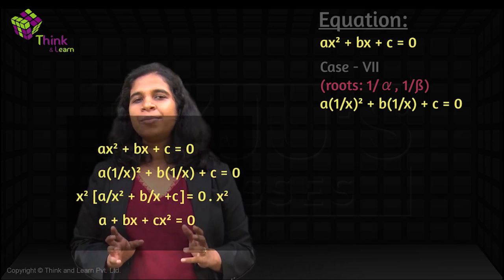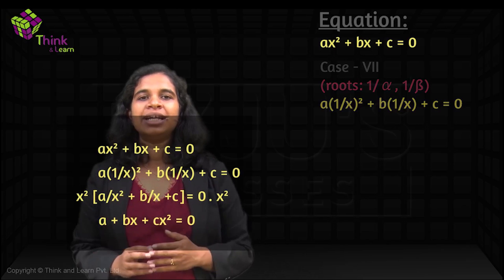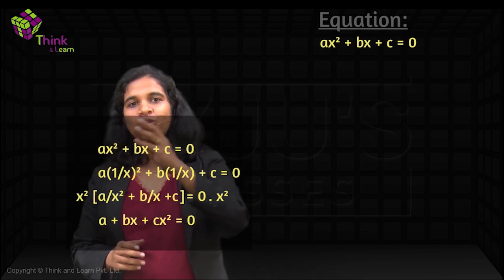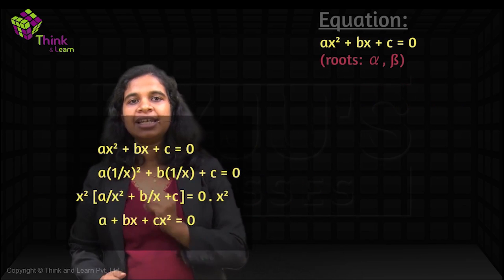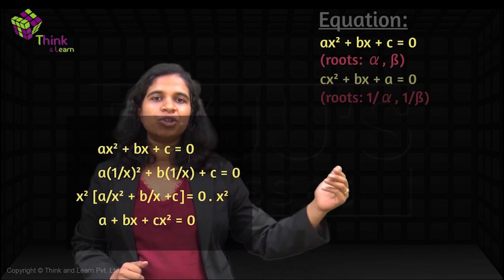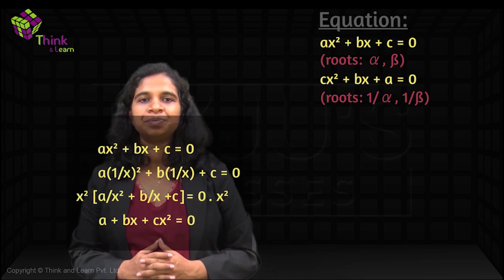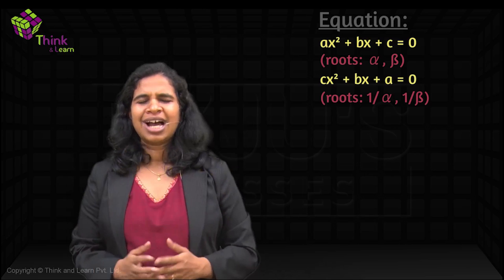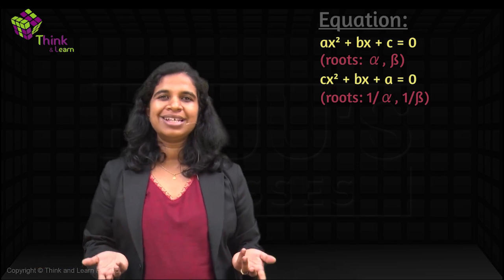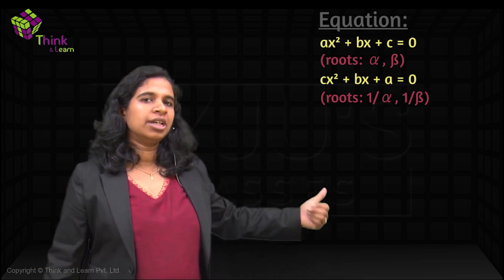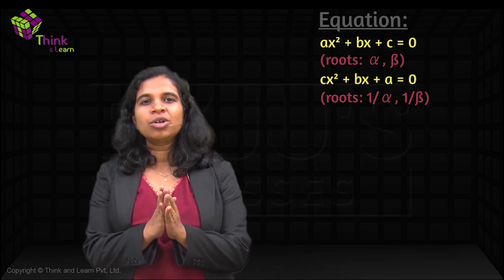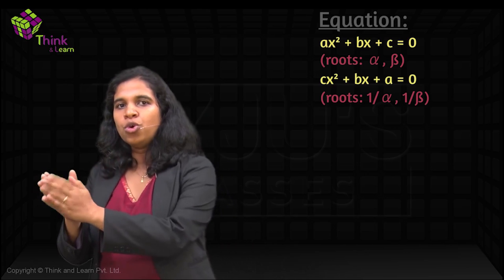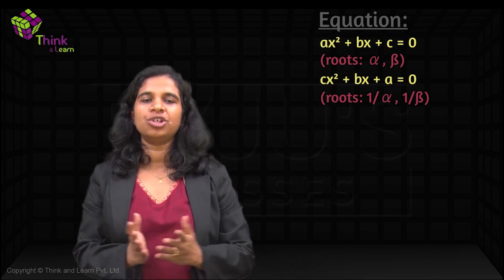So what is actually happening? The values of a and c are interchanged, right? So if ax squared plus bx plus c has the roots alpha and beta, interchange a and c, cx squared plus bx plus a will have the roots 1 by alpha and 1 by beta. You are interchanging a and c. Again, you don't need to remember it this way, but it's easy enough to remember. All you need to do is replace x with reciprocal of x. That also you don't need to remember. All you need to remember is whatever is done to the root, do the opposite mathematical operation to x.